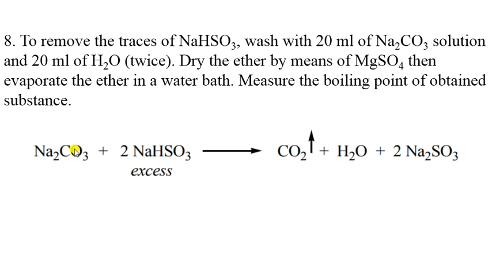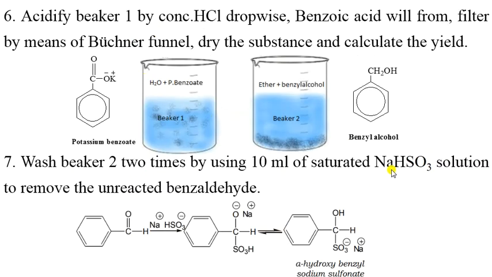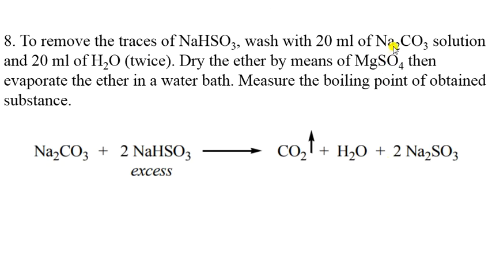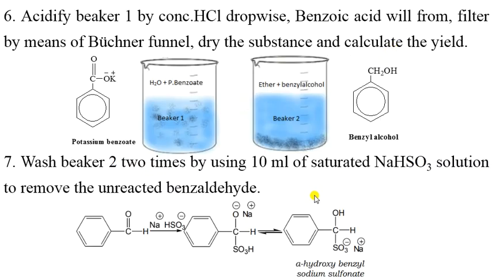So sodium carbonate solution will react with the excess sodium bisulfite to remove it from the beaker number 2 solution. Now, after the addition of sodium bisulfite and sodium carbonate solutions, we have another 2 layers